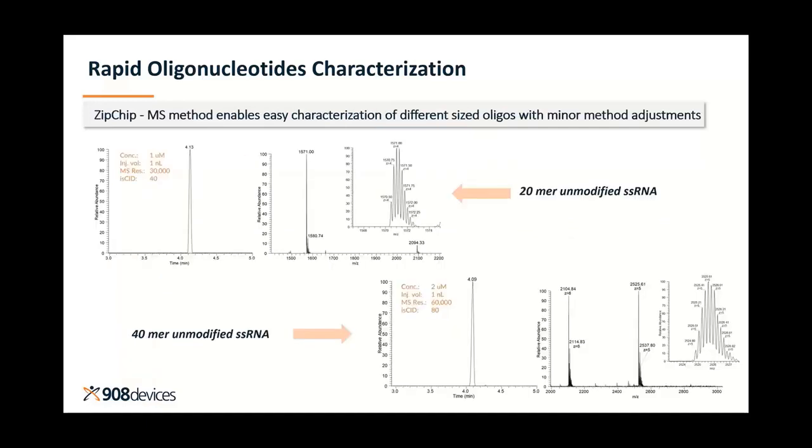So after getting encouraging results for a 10-mer, we decided to use the same method for analysis of slightly larger oligos. So we looked at two different molecules, a 20-mer single-stranded RNA and a 40-mer single-stranded RNA. And both of these molecules were unmodified. The figure on top shows the data for the 20-mer, and the figure on the bottom shows the data for the 40-mer. And once again, we observed sharp peaks for just a 1 nanoliter injection for these samples and generated